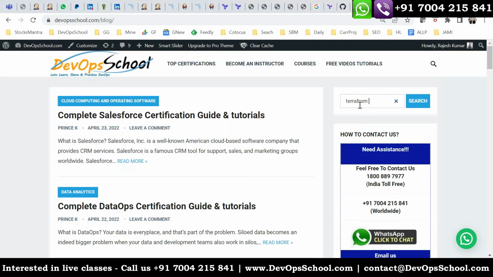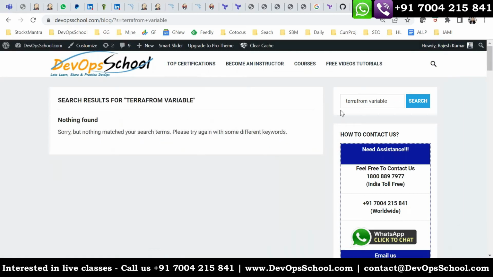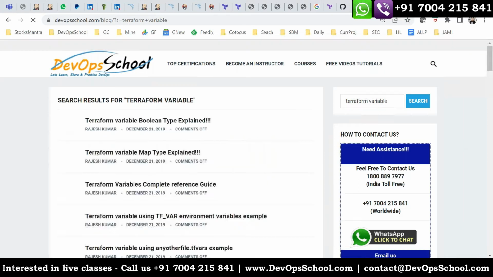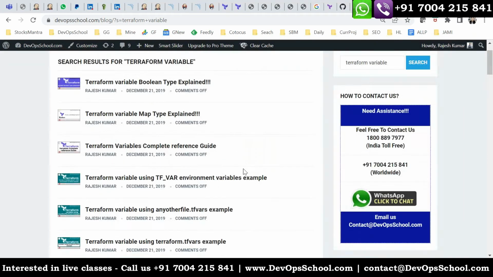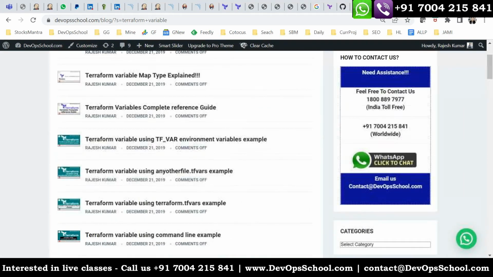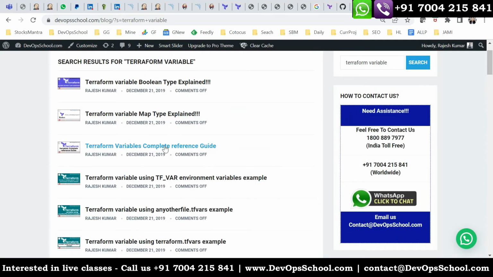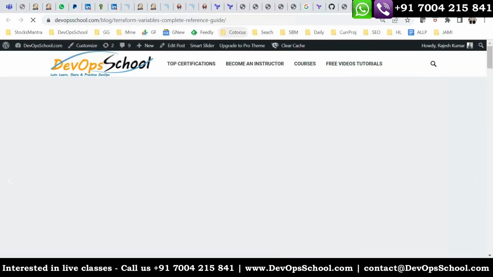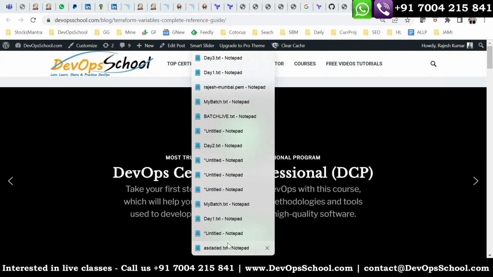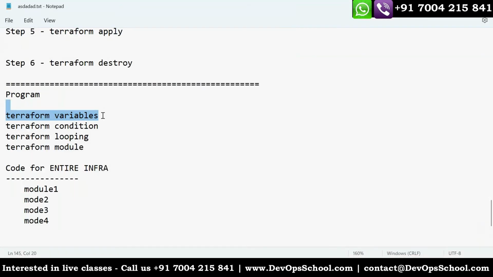So Terraform variables. Now the question is what are the different types of variables you can define? That's the question, right? In these documents, I'm going to share this one with you a little bit later.